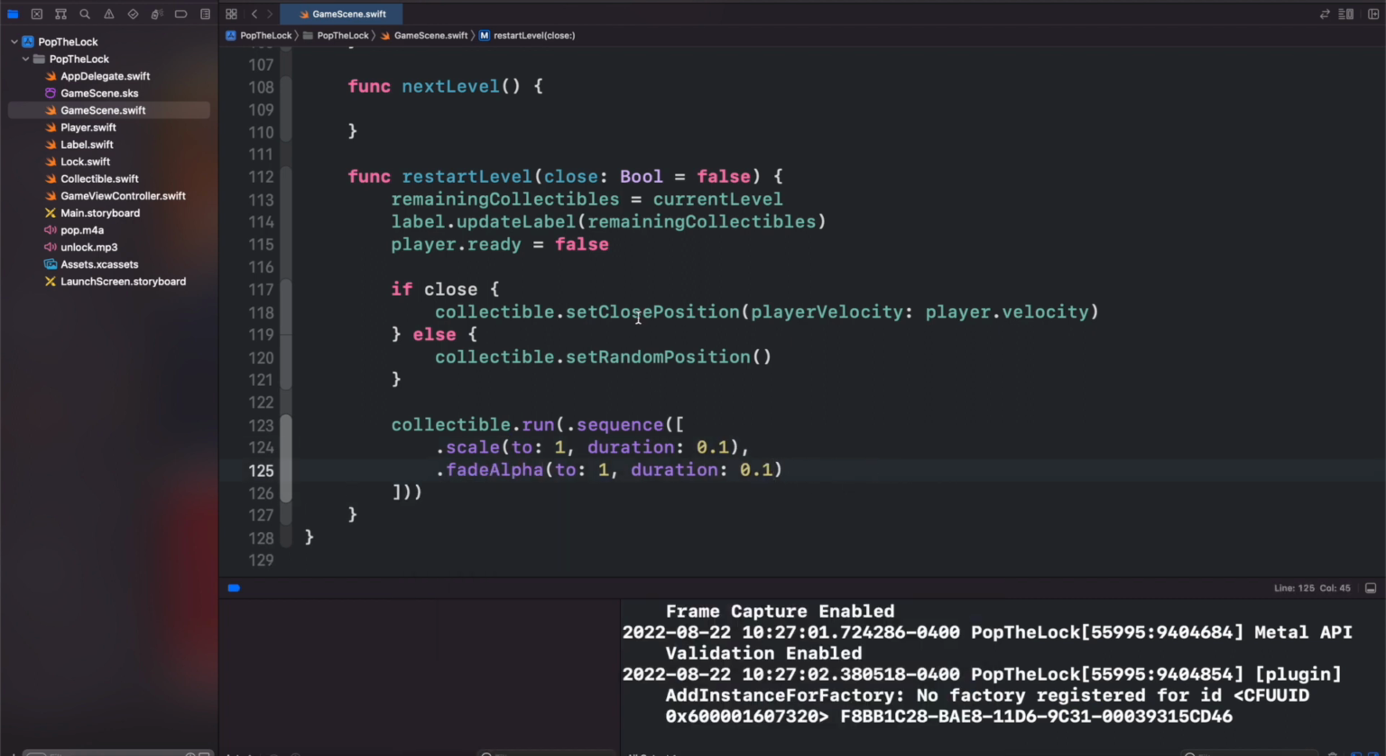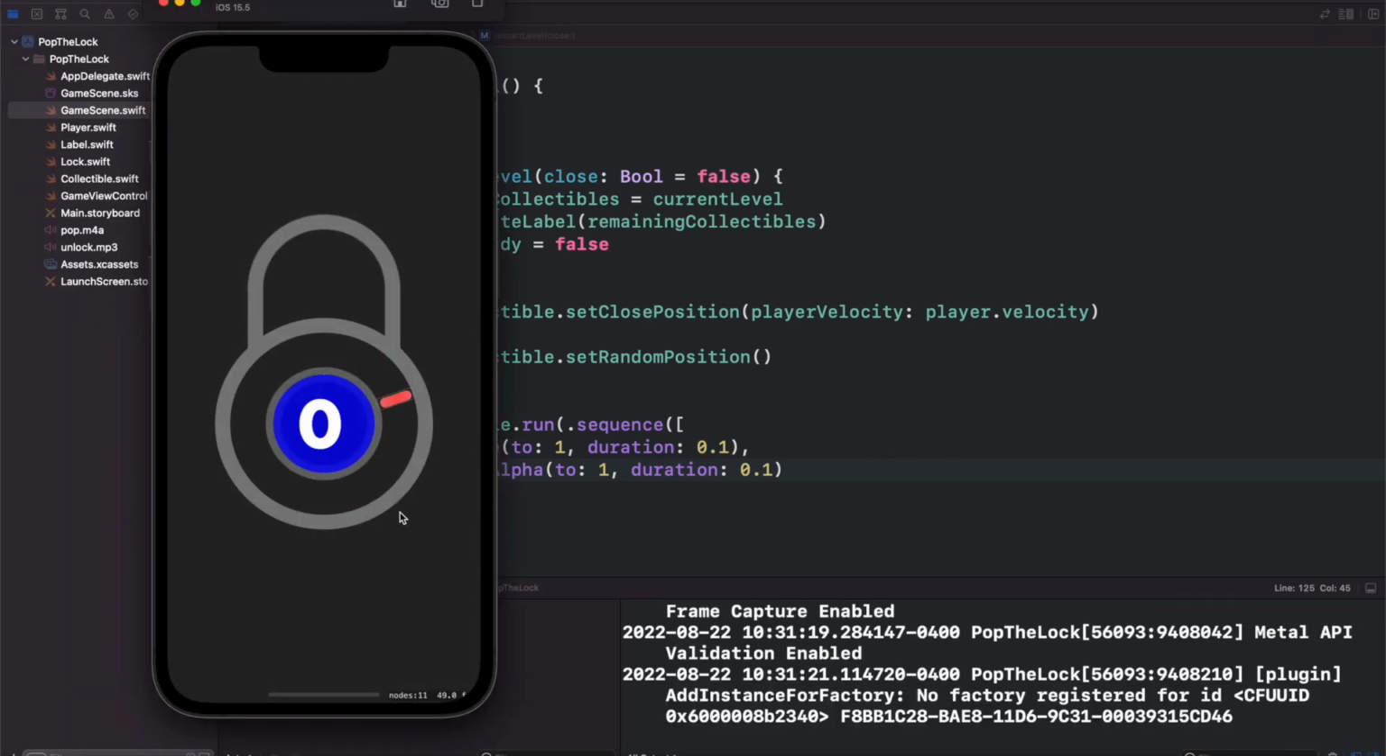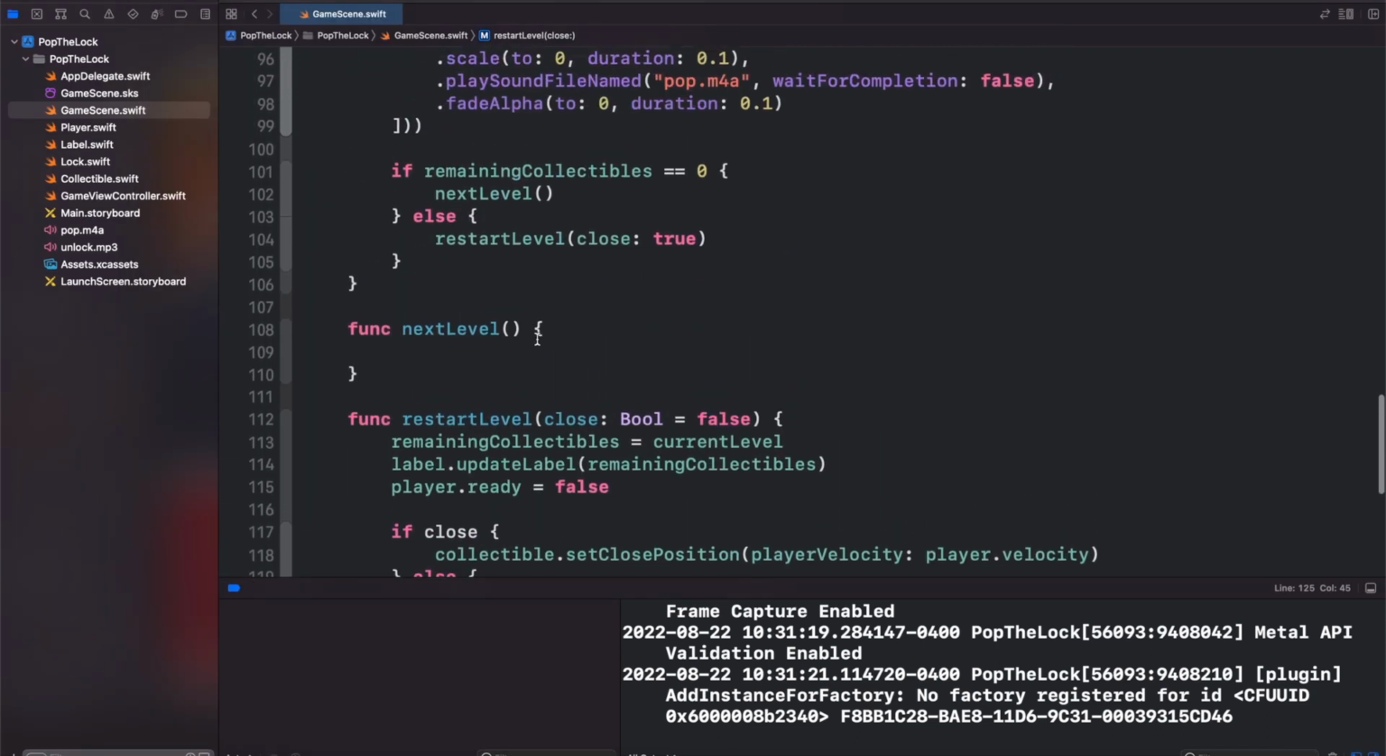So let's run this and see what happens. If we click, we get the disappearing as well as the sound effect. And now we want to implement the next level portion. So if they beat the current level they're on, we are going to advance by 1 level